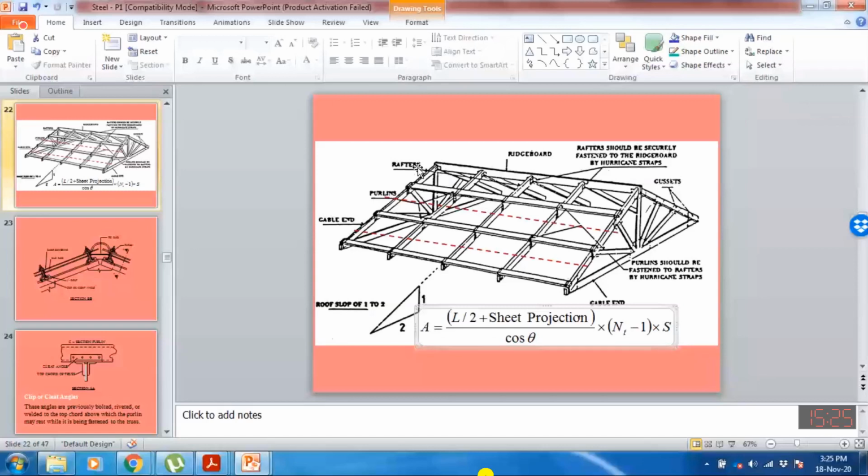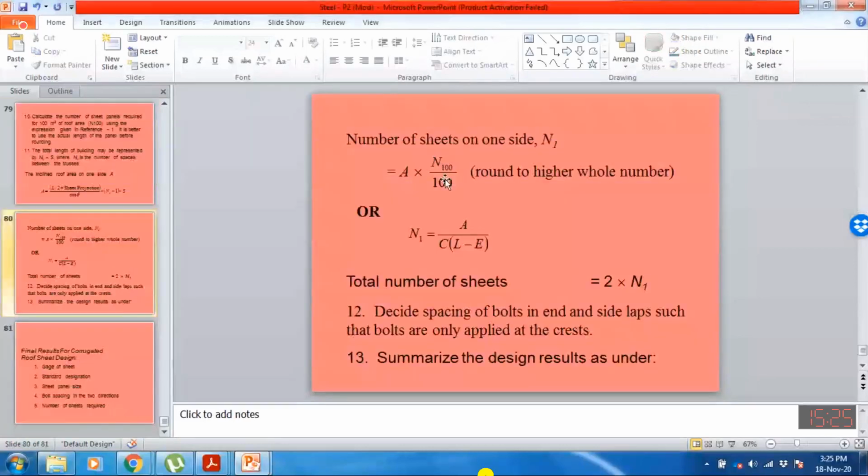So we need to compute this area. I won't explain this formula, just this. Here, this is the total area that we have computed from the previous slide, and this CLE. So you can also write